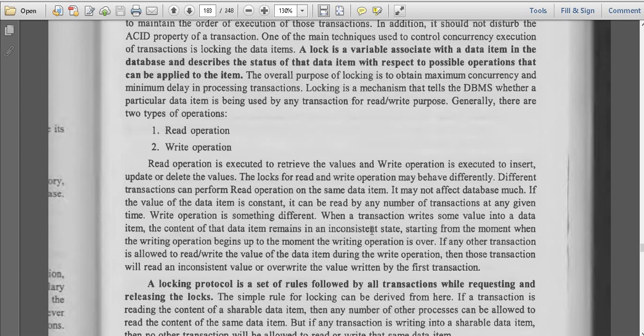So for example, at the same time two people want to access your value, they want to read it, and it should be updated into your content. Initially you have 50 rupees. If two people deposit an amount into your account simultaneously, it should actually be 50 plus 10 plus 10.